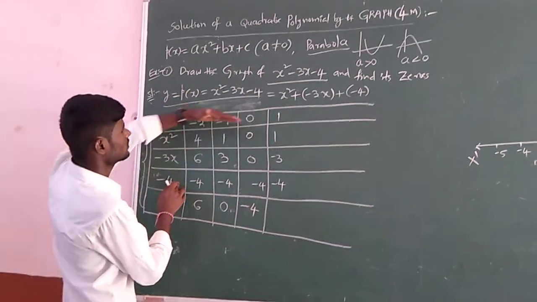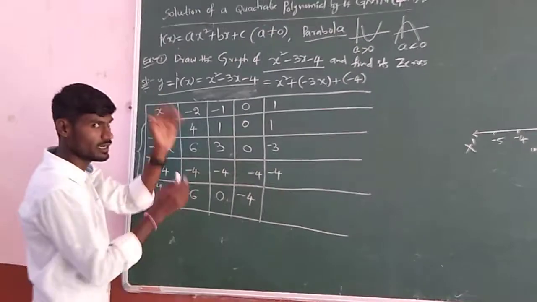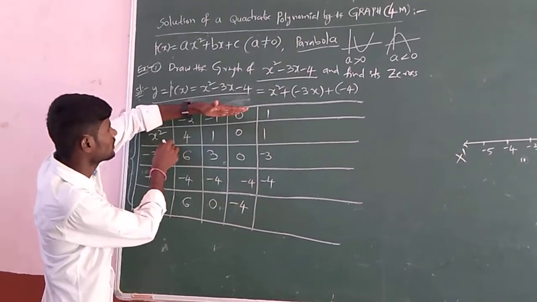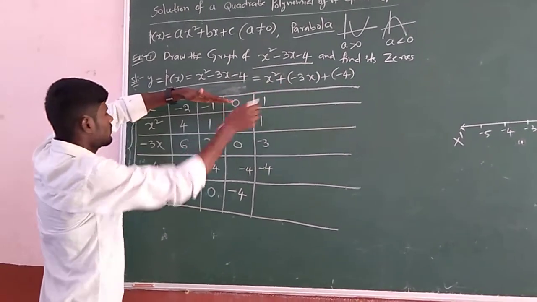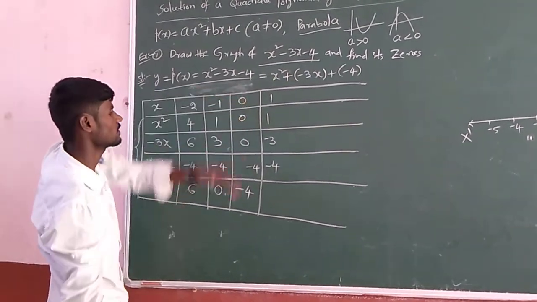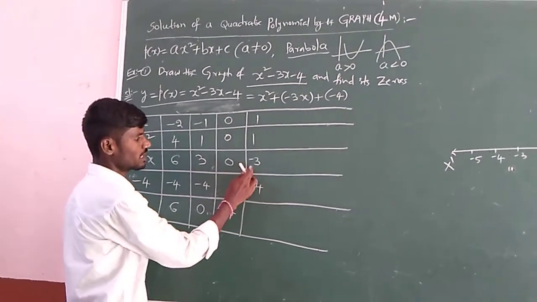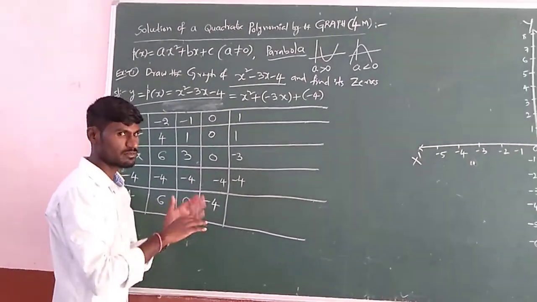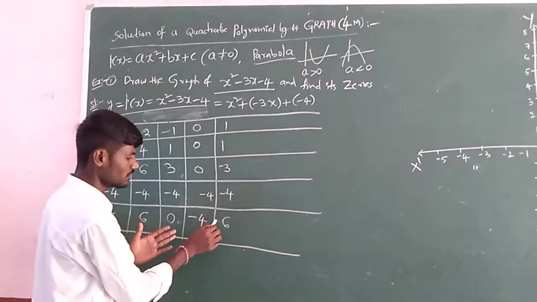This is x. Don't add this; by mistake while solving the problem you may add it. But remember this is only x. We have to take x square minus 3x minus 4, the sum of these three. That is the result y. Now if I add, only one is positive and these two are negative: minus 3 minus 4 is minus 7. Plus 1: minus 7 plus 1 means the difference between 7 and 1 is 6, and minus 7 is the bigger number, so minus 6.